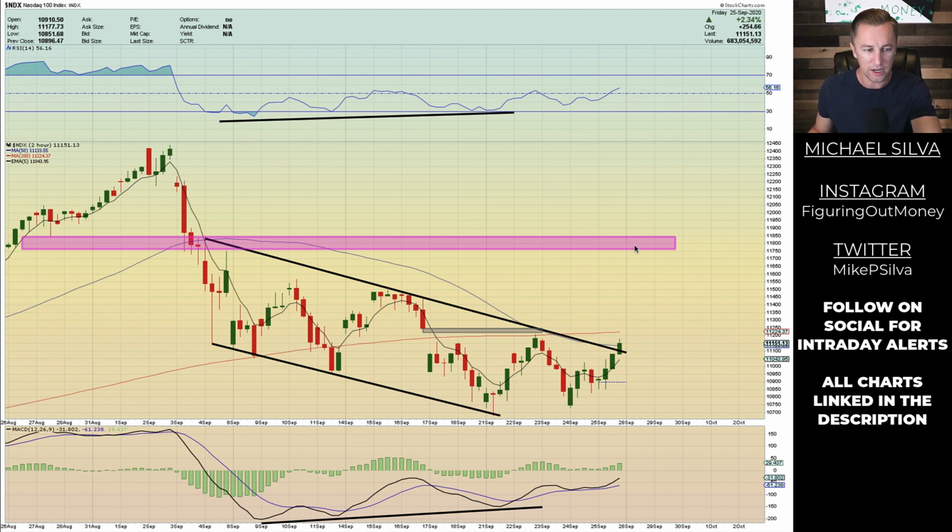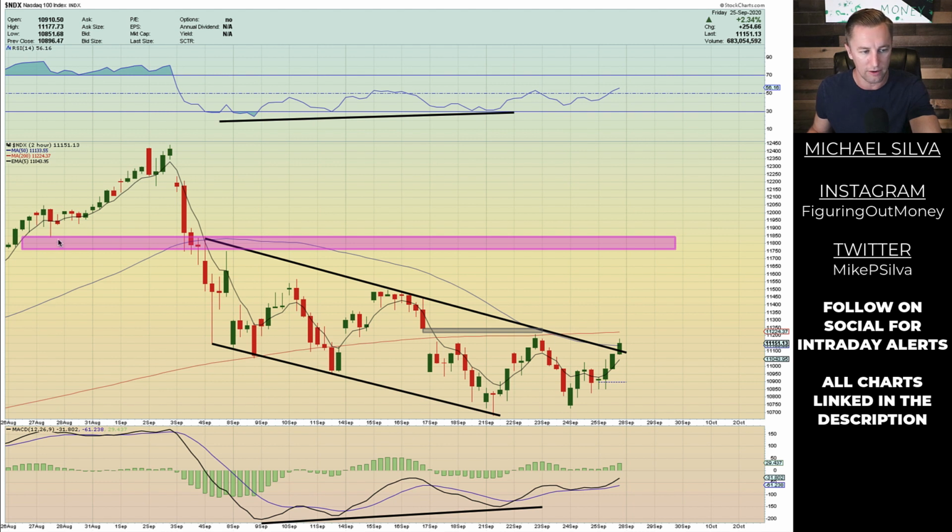And then this pink box right up here comes all the way from 11,750 up to 11,850, so about $100 right here. I mean, that would make sense on a channel breakout because we pulled into it. Clearly, the length of the channel right here, if we break out of the channel, it would put us right around there before hitting into these other areas of confluence.